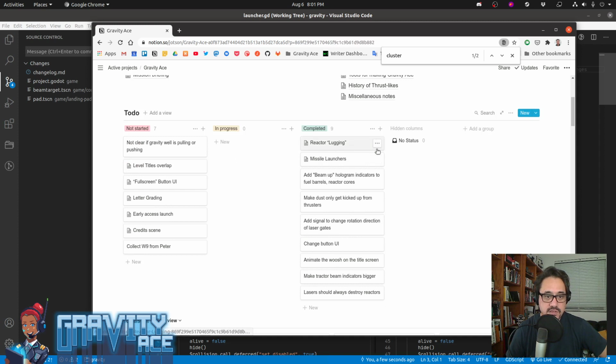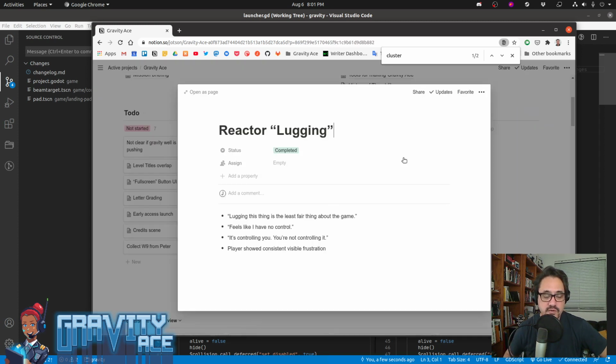Lots of stuff. So this was a comment from a playtester. Several comments. And they were talking about carrying the reactor core out of the level. And lugging this thing is the least fair thing about the game. Feels like I have no control. It's controlling you. You're not controlling it. I think these comments are all coming from a place of...